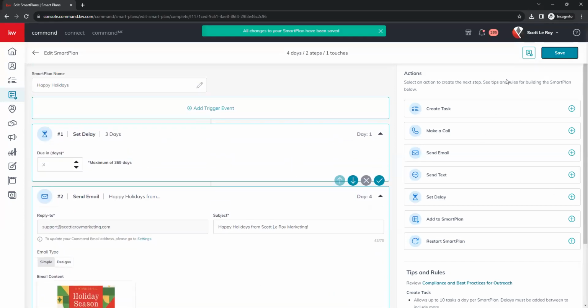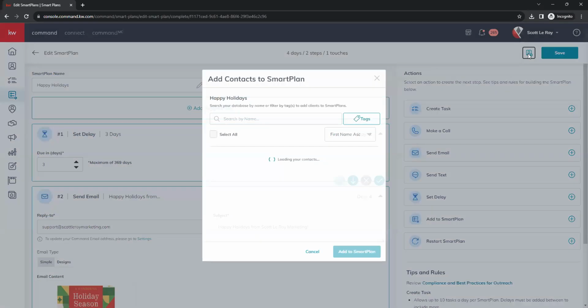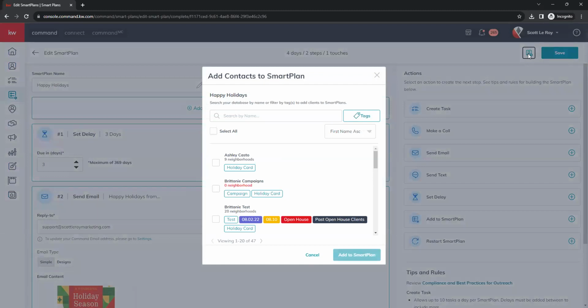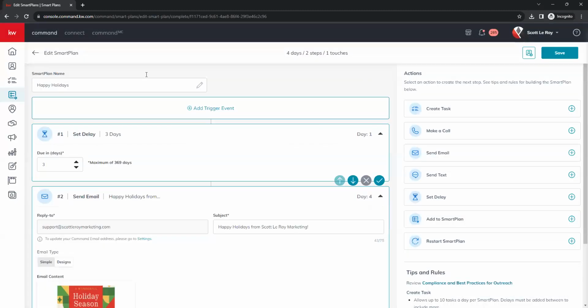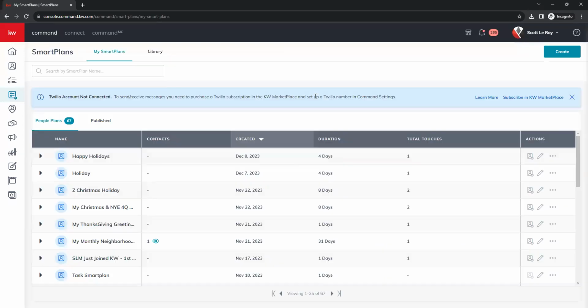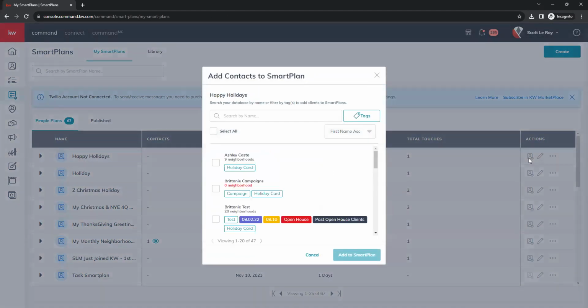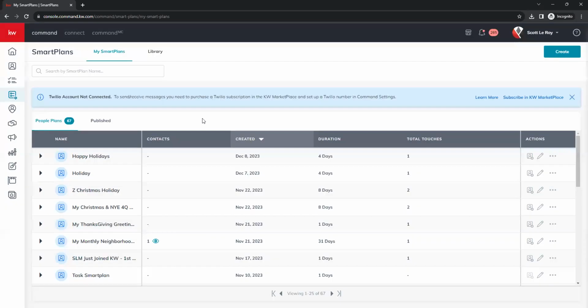So now that that has been done, there are a couple different ways that you can add your contacts to your smart plan. Next to the save button here, we have this contact button where you can add contacts. Or if we go back to smart plans, we also have that button here under actions. And then you can also add contacts to your smart plan directly from your contact database. So if we go under our contacts,